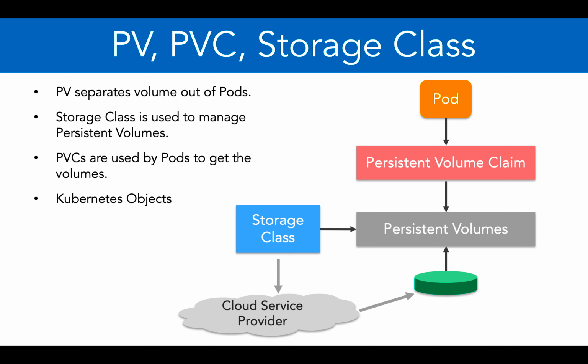So all these three things are actually Kubernetes objects, which are managed separately from the pod. So we create persistent volume using a persistent volume object. Then we create storage class using a storage class object, and then persistent volume claims using persistent volume claim objects. That's why the management and the life cycle of the storage parameters like volumes, etc., are completely separate from that of the pod itself. I'll go into the details of the manifest files of all these objects in the demo section itself.